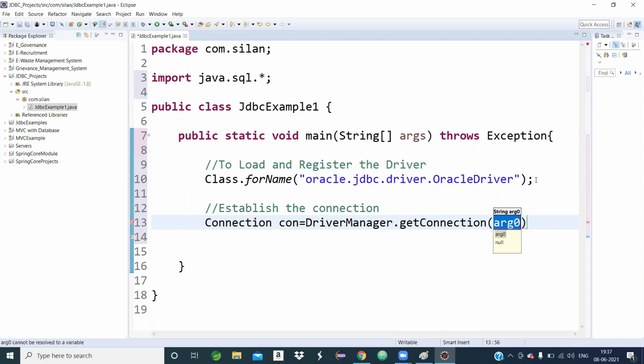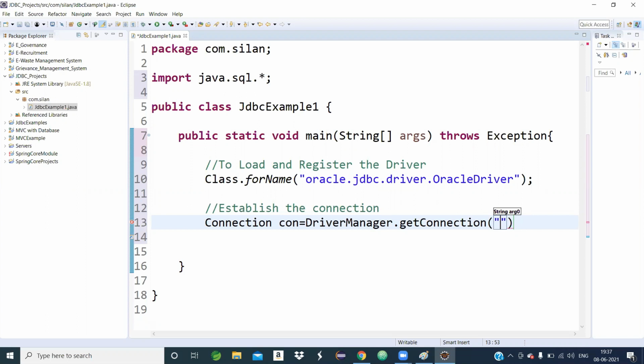The getConnection method takes 3 parameters. The first line you are clear on. getConnection is a built-in method invoked by the DriverManager class; DriverManager is a built-in class coming from the java.sql package.